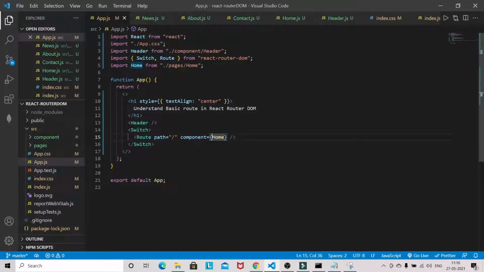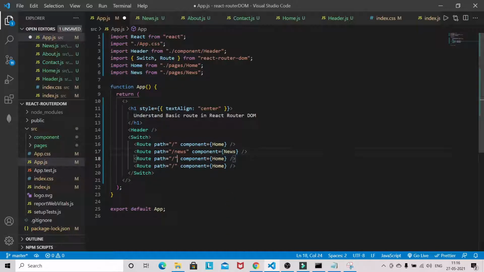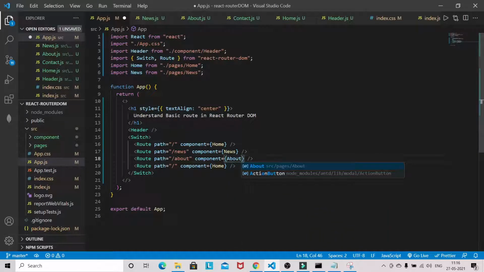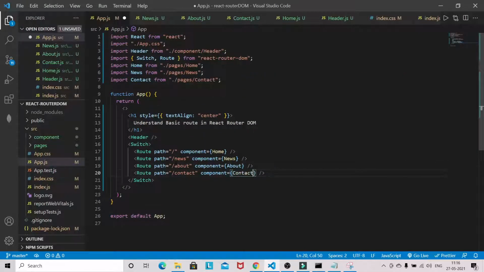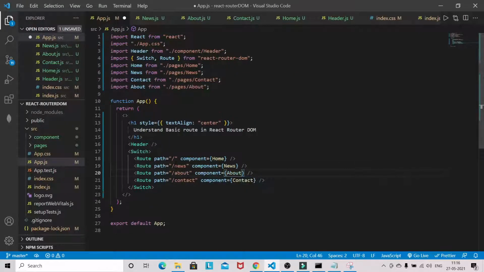So let's register the components one by one: news, about, and contact. About is not imported. Let's give it one more try. Okay, so all components are imported and registered with the route.